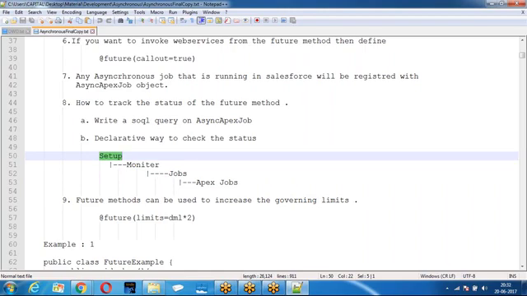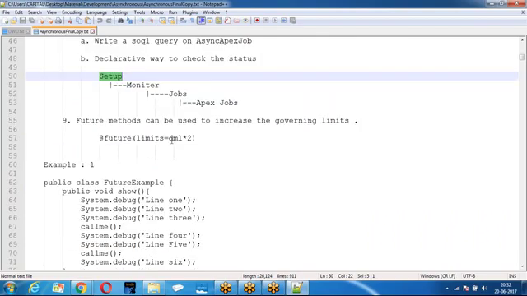Now, I already wrote a functionality in a future method, and it is hitting the governing limits. Now I cannot convert the future method operation to batch Apex again. Now I am running an operation, I had a governing limits issue, and now I have a span of only 5 minutes to resolve it. Again, I cannot re-implement an entire future method using batch Apex. It will take hours together. Then what will I do? A quick solution is there, that is @future(limits). We can increase the limits using the future method.